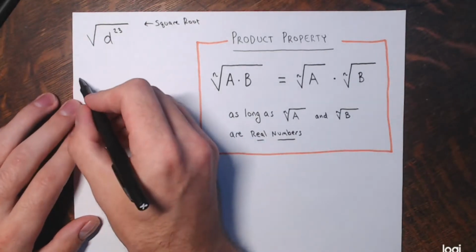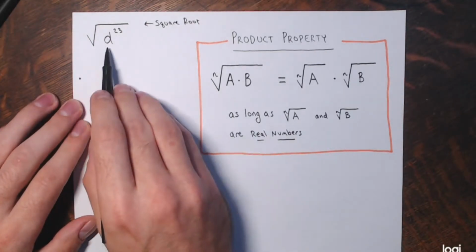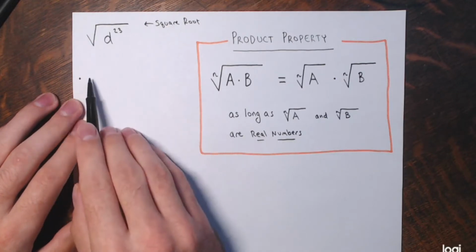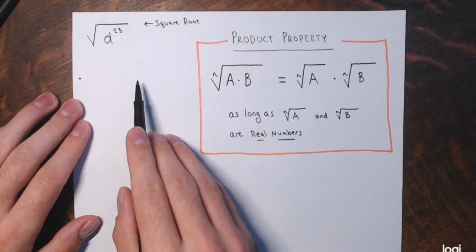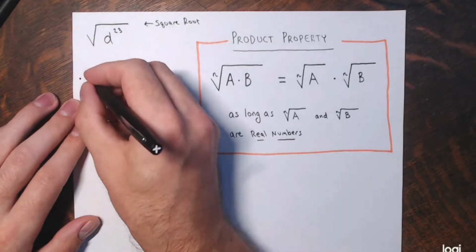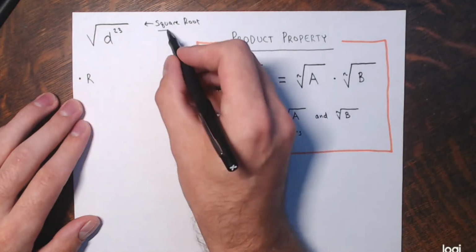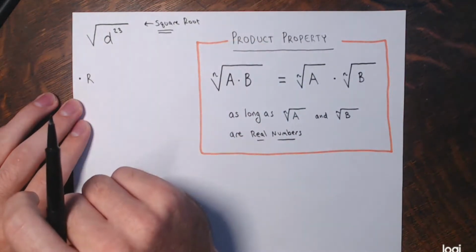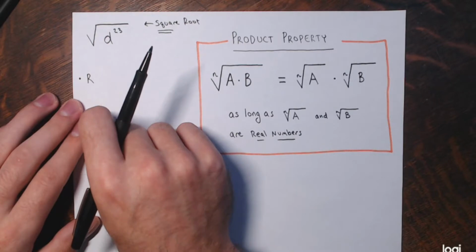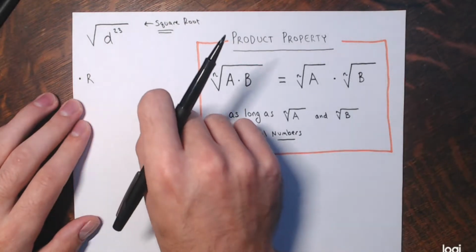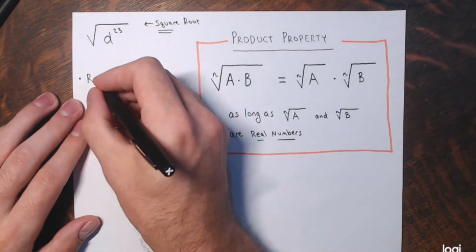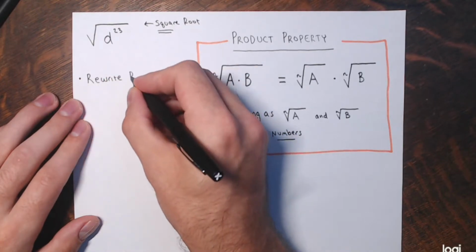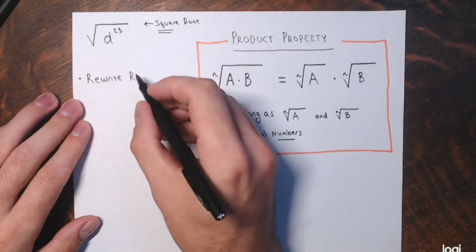We're going to rewrite our radicand as a product of perfect squares and non-perfect squares for a square root. If it were a cube root, I'd rewrite it as a product of a perfect cube and a non-perfect cube. First I'm going to rewrite the radicand, the expression underneath the symbol,